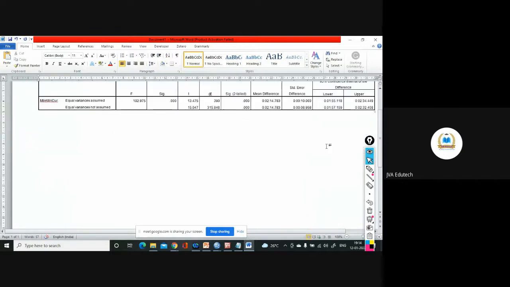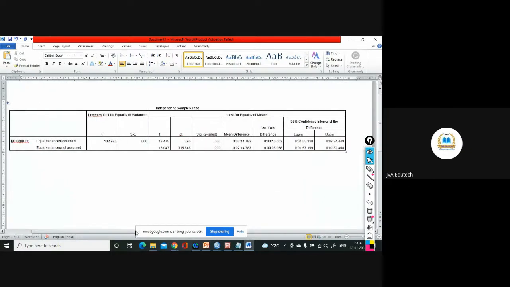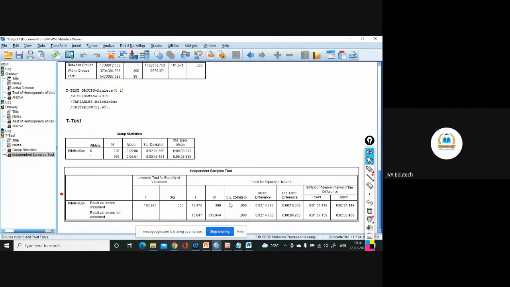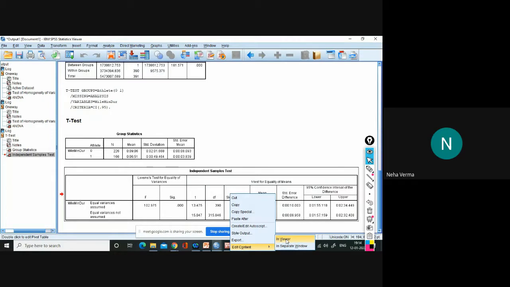Now this table, automatically it has taken the landscape. If it is not taking, then you can do one thing. If it is not adjusting on your page, you can right click, and click on edit content in viewer. Are you getting this? Yes, sir.